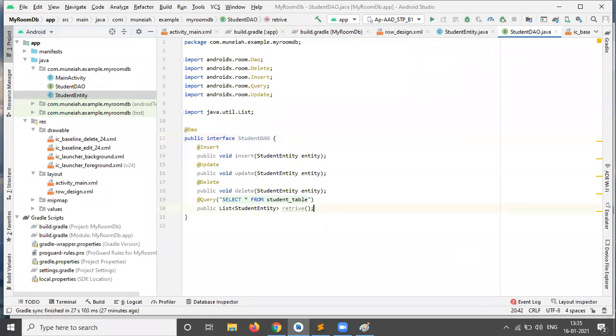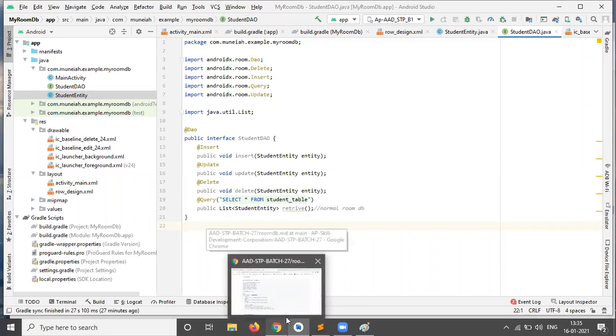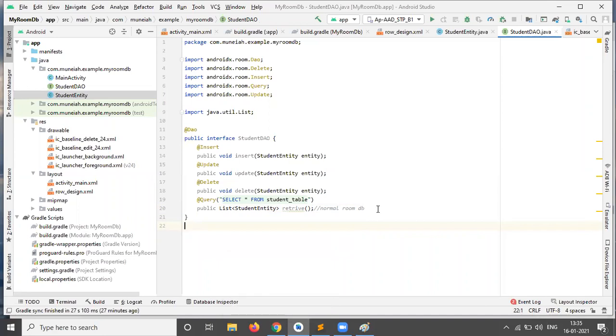So this is for just normal DB without live data. Normal DB, normal Room DB.